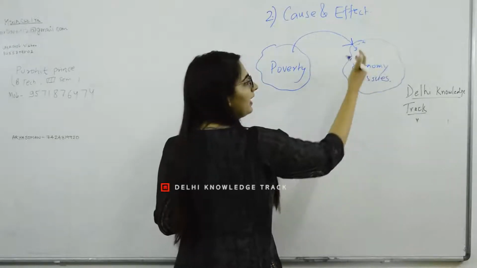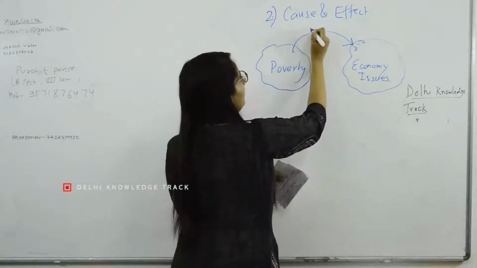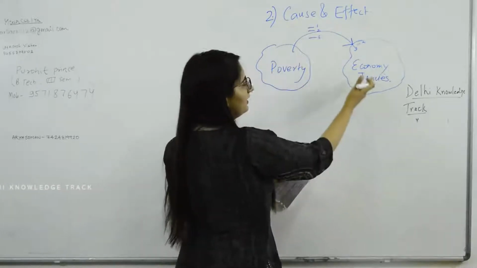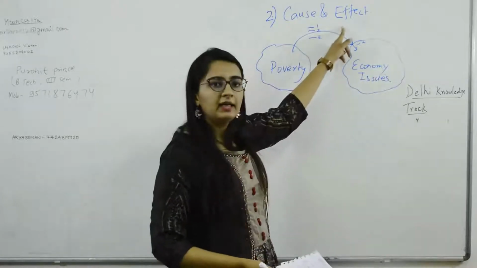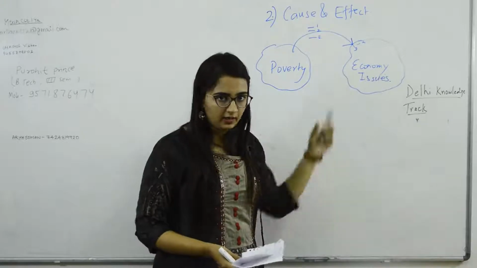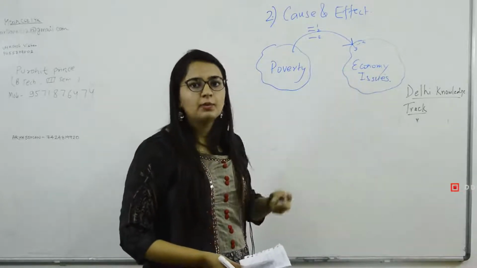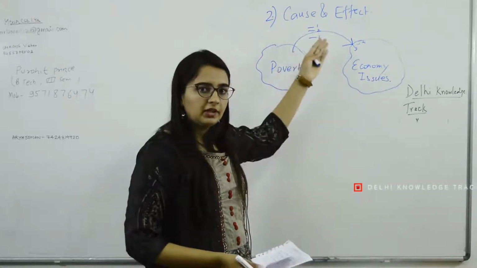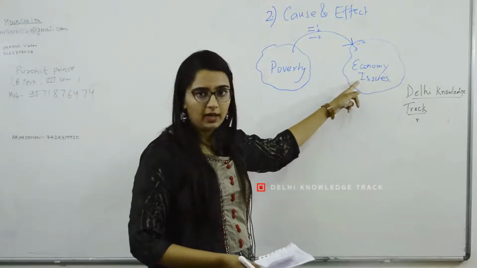It can be anything. It can be illiteracy, it can be unemployment. Here we say poverty, so we can write all the things here, 1, 2, 3, how poverty is leading to economic issues. So one can think about it. People will not be skilled, so the economy will be impacted. There will be fewer startups, fewer people who will do business. If there is poverty, security of women is a concern. Women will not participate, and the economy will get impacted.